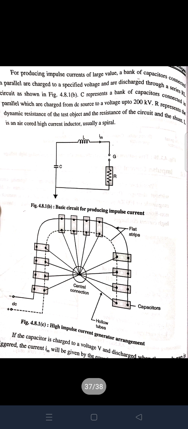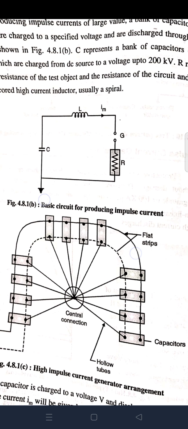The essential parts of an impulse current generator are a DC charging unit giving a variable voltage to the capacitor bank, capacitors of high value, in the range of 0.5 to 5 microfarad, each with very low self-inductance, capable of giving high short circuit currents, an additional air cooled inductor of high current value, proper shunts, an oscillograph for measurement purposes, and a triggering unit and spark gap for initiation of the current generator. So these are the essential parts of an impulse current generator, and this is the circuit.